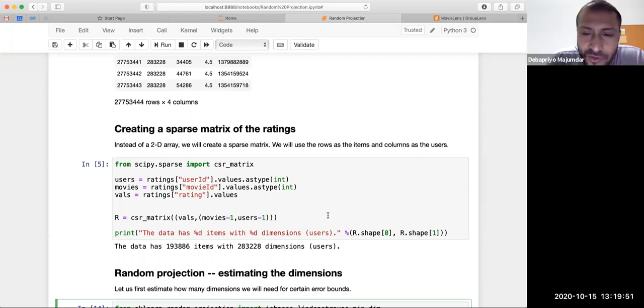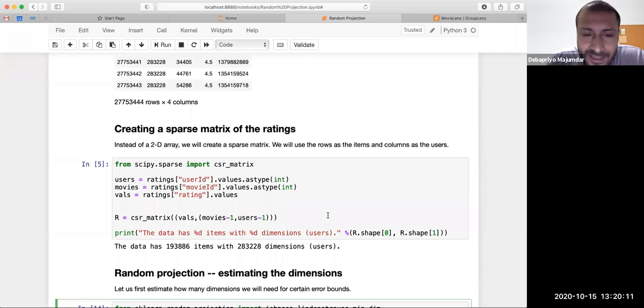So how much space do you need to store that? You only need to store the i of the row, the j of the column, and the value for these 100 entries. Everything else is 0. So this is what the sparse matrix library does, or any sparse matrix storing mechanism does.